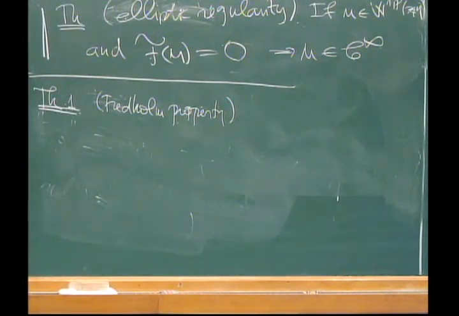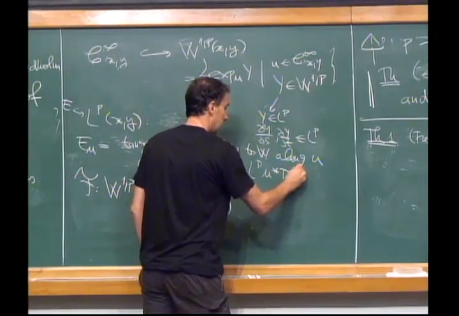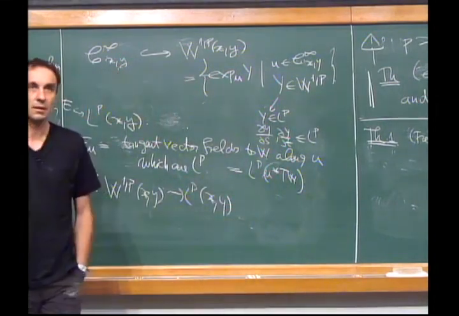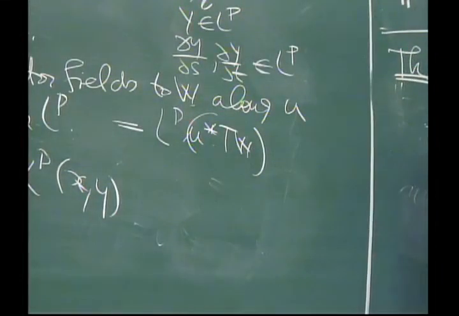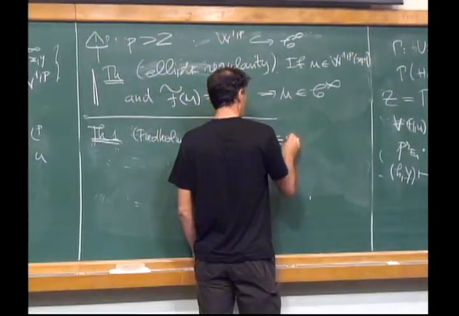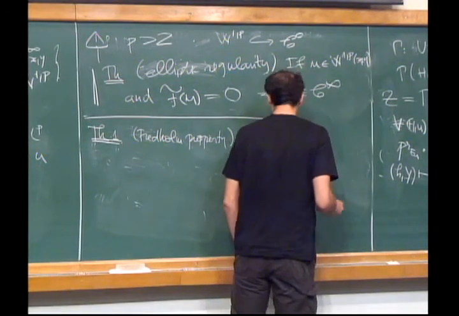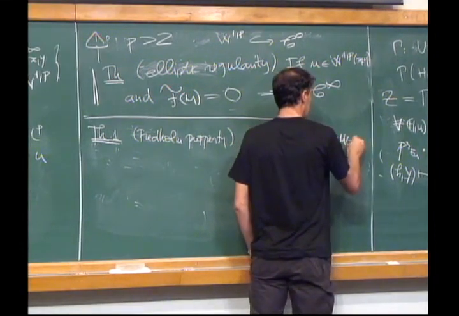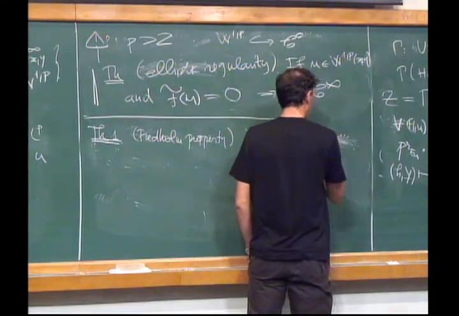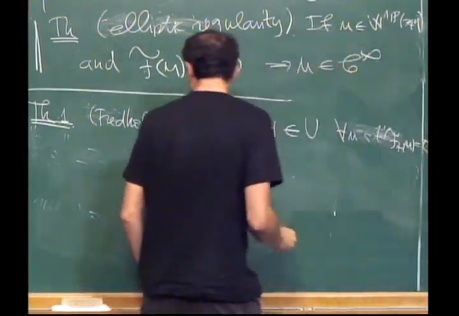I can denote this by L^p(u^*TW), the L^p vector fields which are the vector fields tangent along u to W. So for any H into U, and for any u in M(x,y,H), so any u such that F_H(u) is equal to 0,